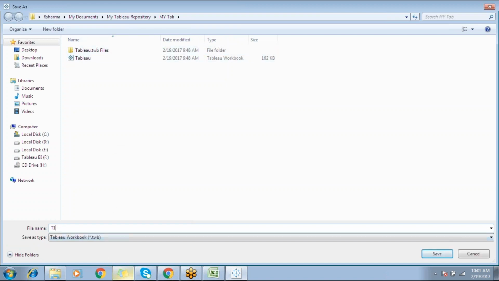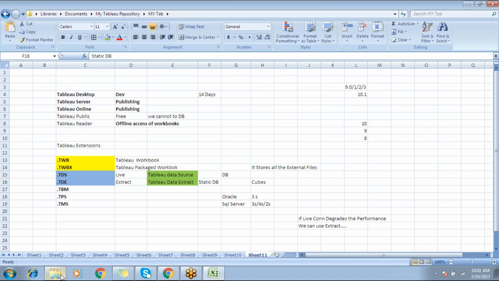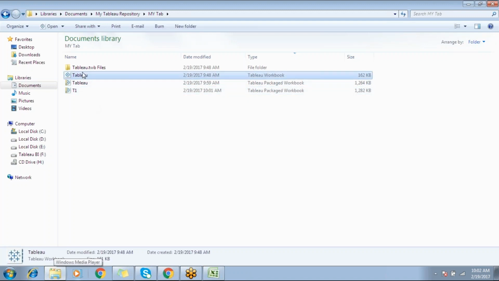Let's go with T1 and save as .twbx. Click on save. I just want to differentiate it from the .tds file. That is my point. Close, go to the folder. Now delete all these unwanted workbook and